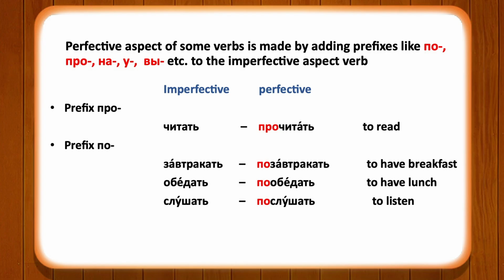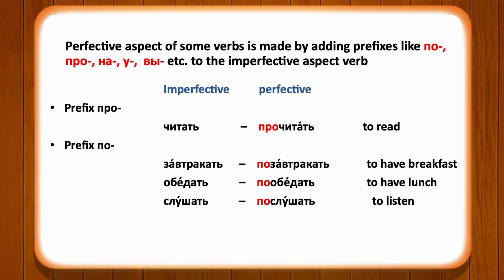Chitach, prachitach means to read. So chitach is the imperfective nesavershenny vid and prachitach is the perfective vid. Prachitach is the perfective aspect or savershenny vid. Next verb is